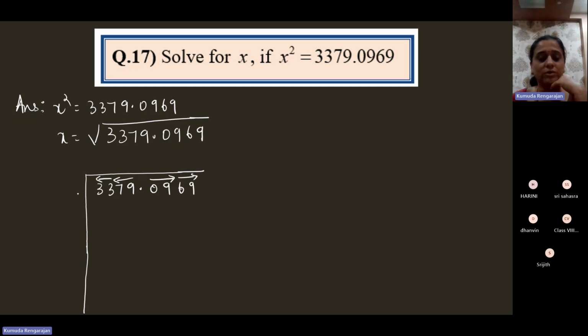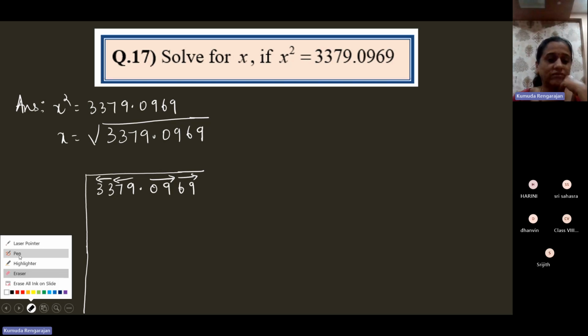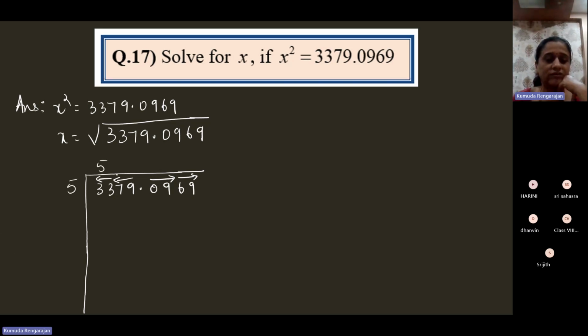Dhanvan, read from your book. Help me complete this. 5 into 5, 25. Then the remainder is 8. What comes down? 79 comes down. Then what is the number that should be placed here? Double the quotient, so 10. After 10,